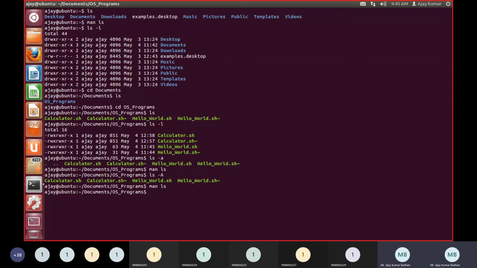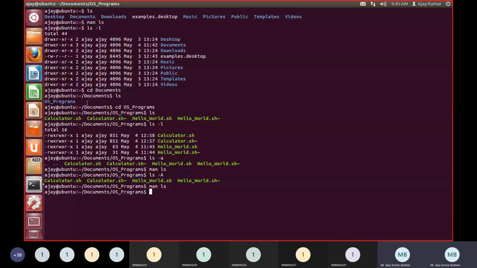Now I want to clear the screen. It becomes too clumsy. Anyhow, we'll keep it up and fill this particular screen. Once it is done, I will give you the option. The command we can use here is clear. If you enter that, automatically the entire screen will be cleaned. But we will do it later on since it's looking good. So we have to go with some other command.